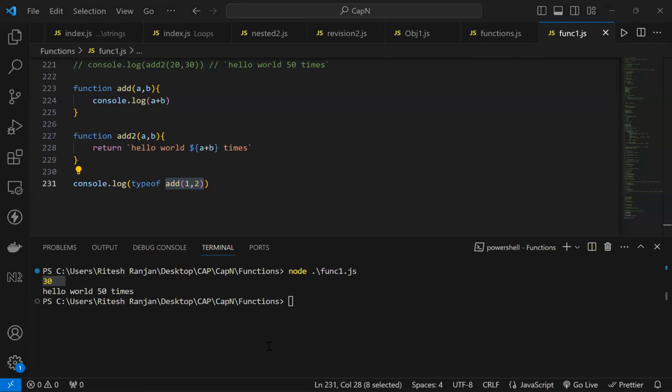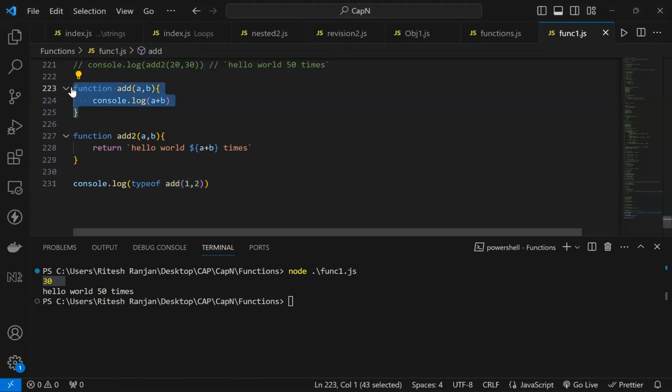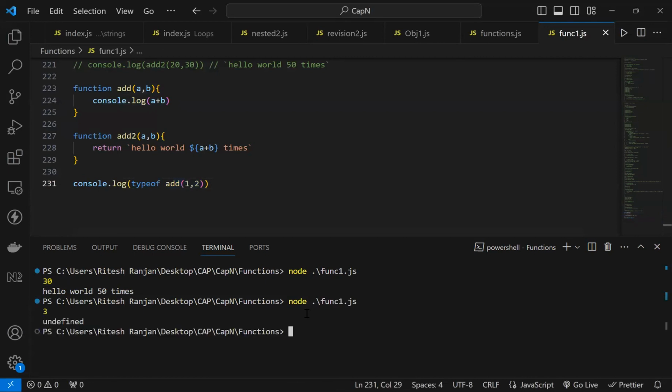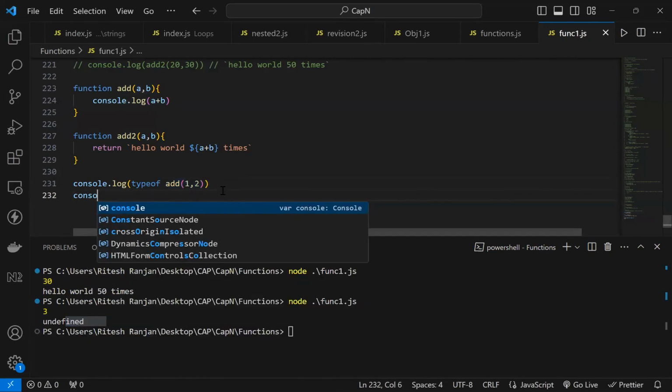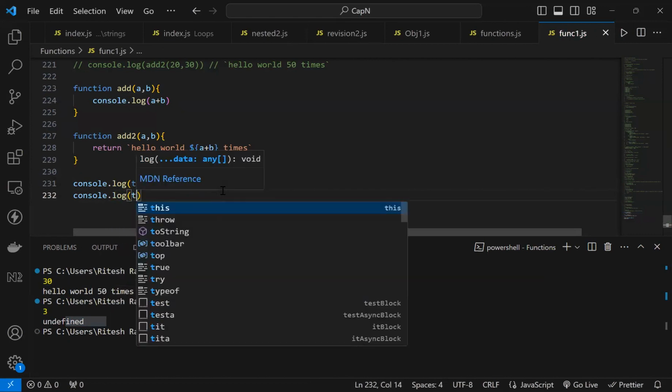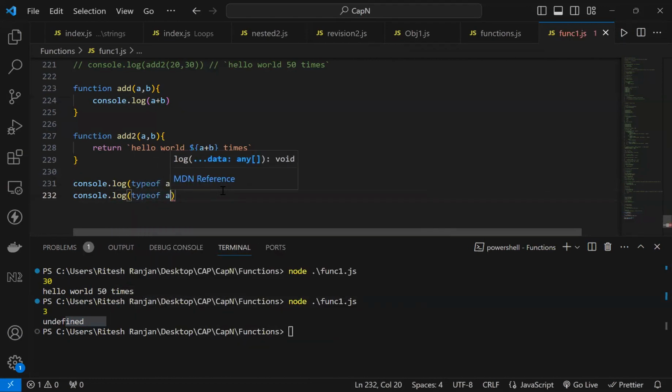Should I be getting a number? Am I returning a value from this function? No return value, right? So it's going to print a plus b, but this entire thing is not going to be equal to something. So if I do this, I'm going to print undefined. Whereas if I do this exact thing for our second function, in which we have written a return statement,